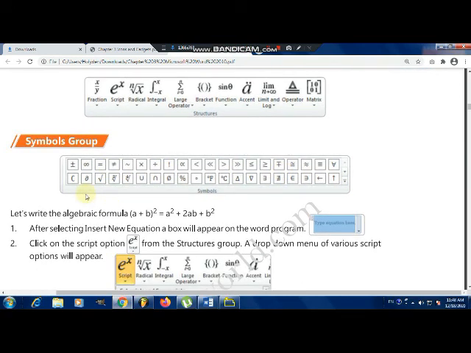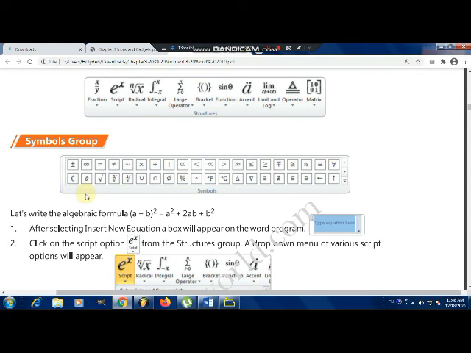Different types of symbols are present in the Symbols group, and whenever required in an equation, you can use those symbols, because few of these symbols are present on the keyboard, but few of these are not present on the keyboard.